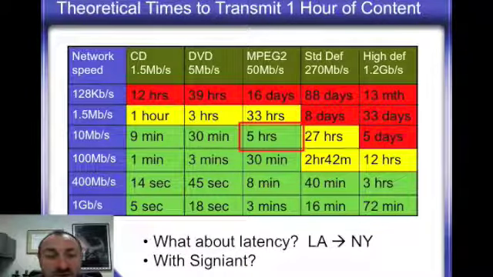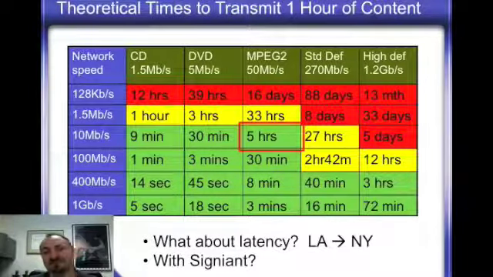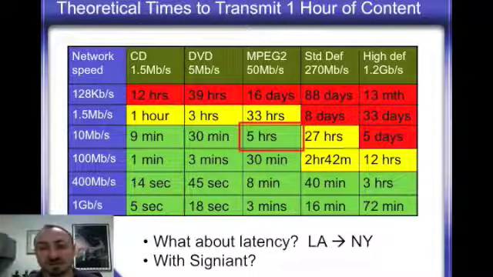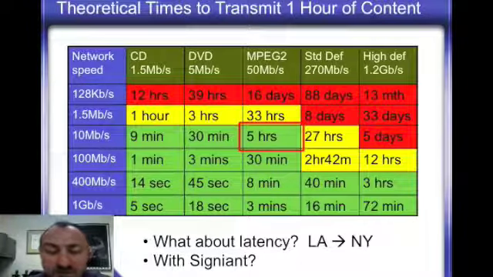So these theoretical times can almost be achieved. And so you're talking about really big improvements in the overall speed of being able to get content. That really affects your overall supply chain, because if you can get it faster, you can produce it faster and get it out there faster. So these speeds are achievable.